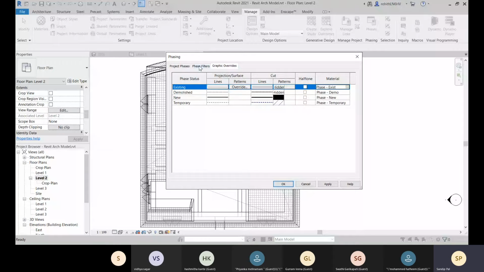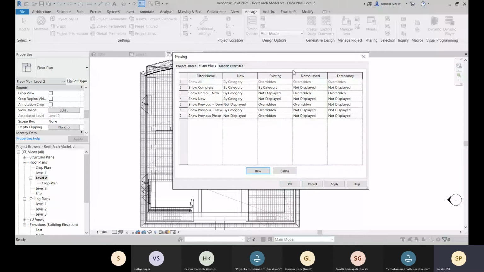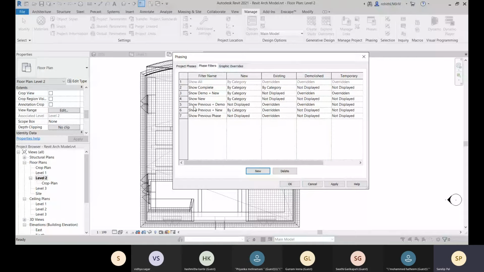Now here you can see that this is your phase filter. If you want to filter them with this show previous plus demo, for this new, it will not be displayed, meaning the newly constructed elements will not be displayed when you select this show previous plus demo.